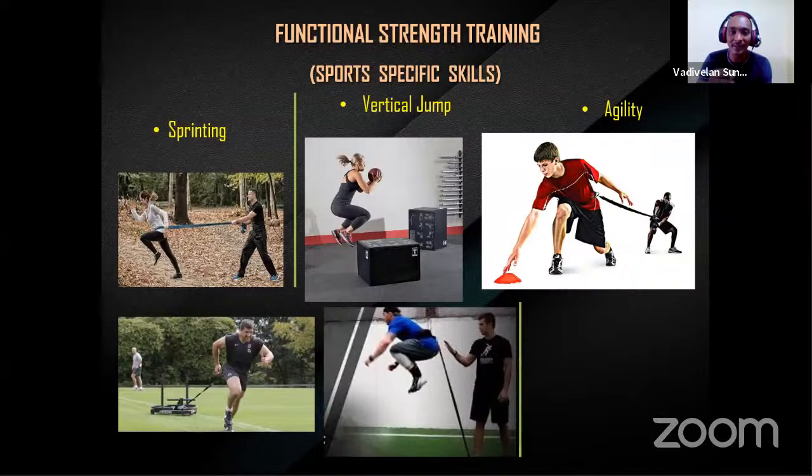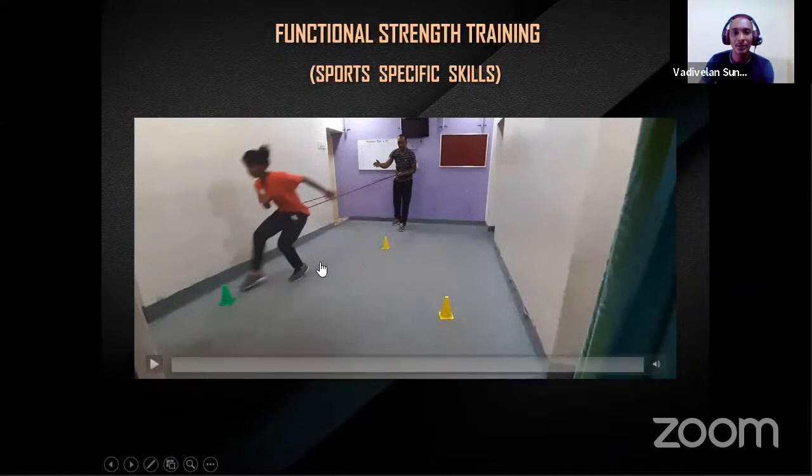For sprinting, again, resistance sprints can be used. For the vertical jump you can use a plyometric box or medicine ball, and you can also resist the vertical jump with a TheraBand. Agility training can be resisted with banding exercises. You can train in this way. Actually, I don't have much video because of this lockdown, so I have chosen something. It can be done in this way, so you can improve sprinting, vertical jump and agility. These skills are going to directly influence your sports performance. So, agility training.